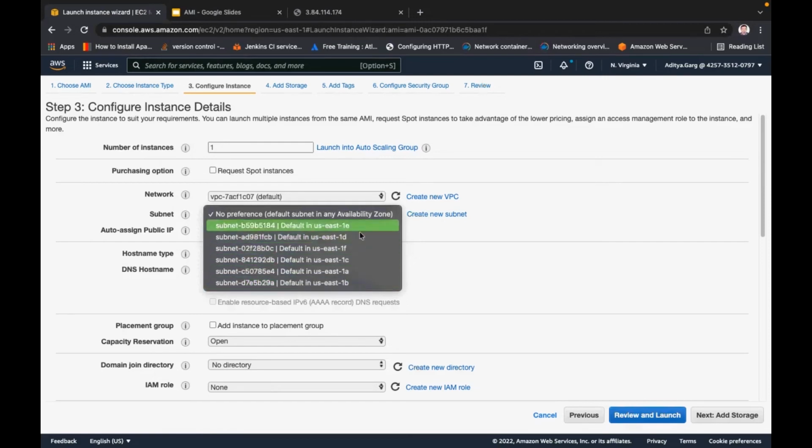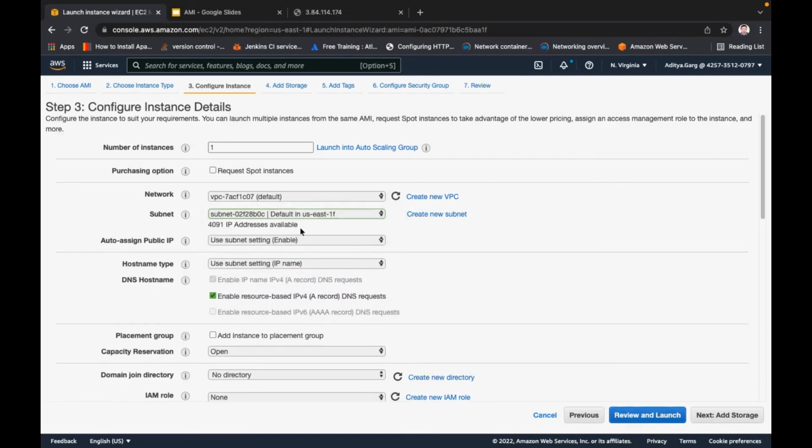So there are 6 availability zones in the current region, US East 1. You can select any of them, and now you can create the machine in that availability zone.